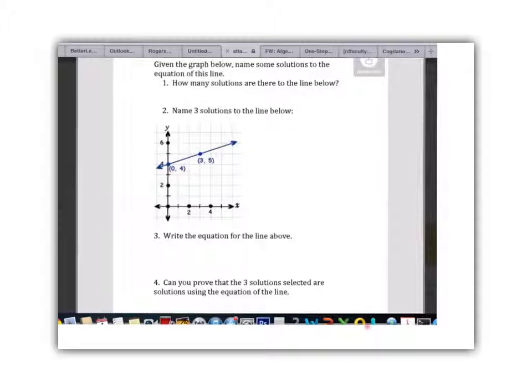Why does a line have arrows on both ends? Because it goes infinitely in both directions. And so how many solutions would there be on that line? There's an infinite amount of solutions. So if they go ahead and write infinitely many,